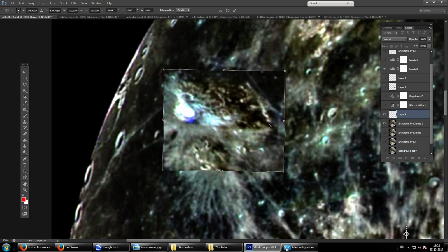So I mean, look at it. See, it almost looks like there's some kind of wall around this crater. You can see it sticking out. In this picture, it actually almost looks like a cylinder of some sort, but I'm pretty sure it's not. But on the other hand, I mean,